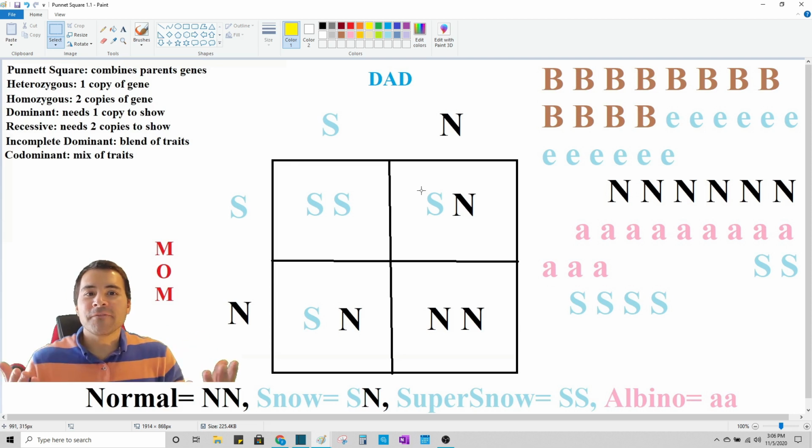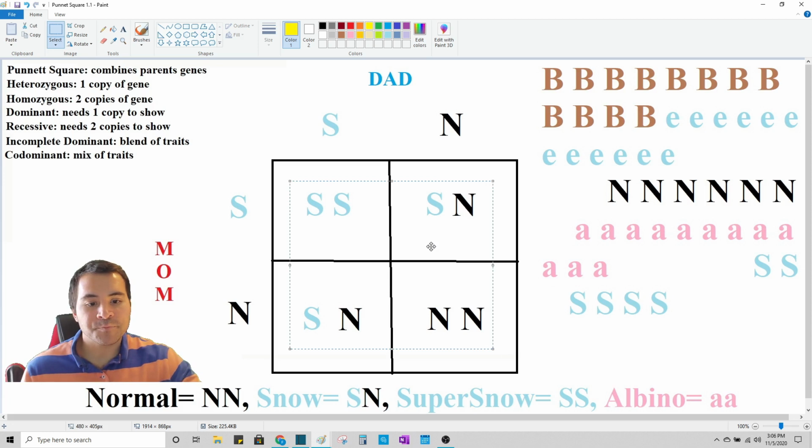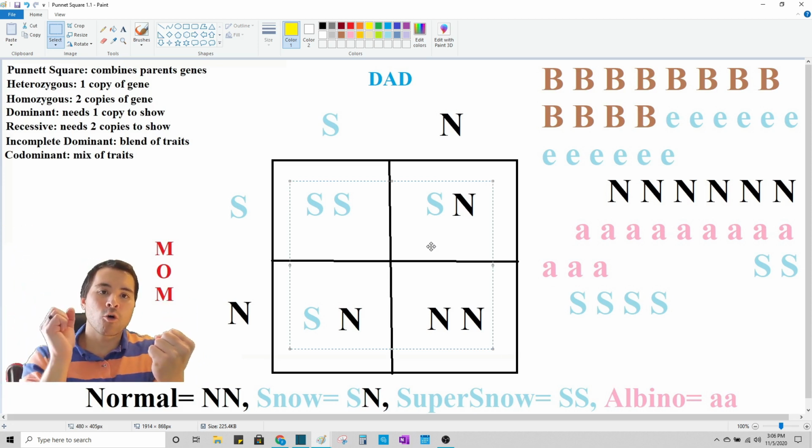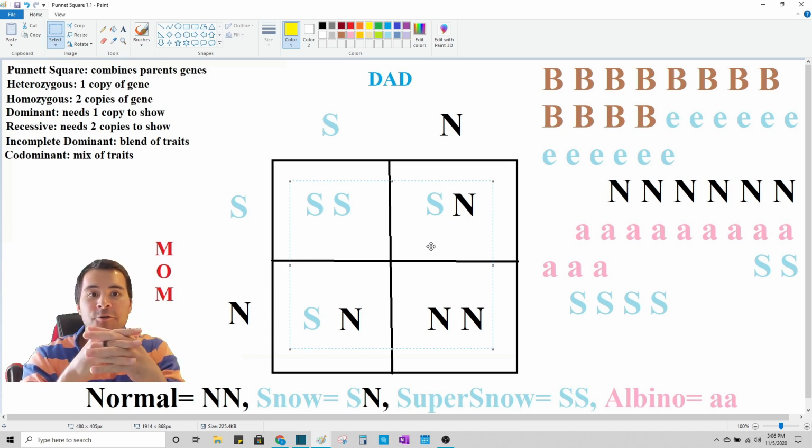So what is 50% of 10 babies? 5 geckos. What is 50% of 8 babies? 4 geckos. So when we're talking about percentages down here, just take whatever percentage you get and correlate it with the amount of babies you have, and you can see how close to the statistical odds you are